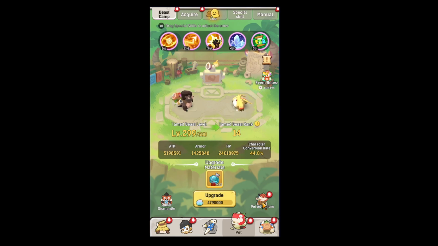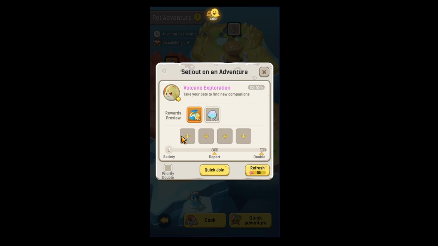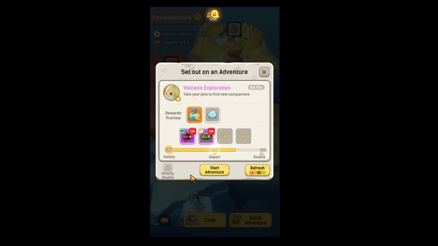We're going to head over to the pet adventures now. Now they have changed, and what has changed is it now requires food in order for you to start the pet adventures. The reason why they did this is because now you don't need food for capturing, so the only thing you have food for now is just for food buffs. So what you do here is you can either do quick join, and what this does is it uses the least amount of food in order to